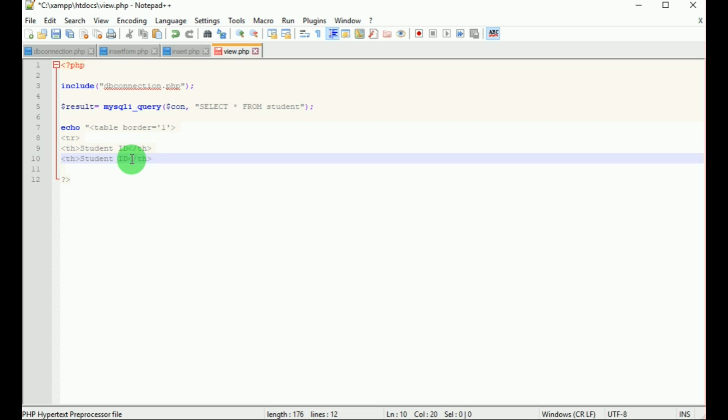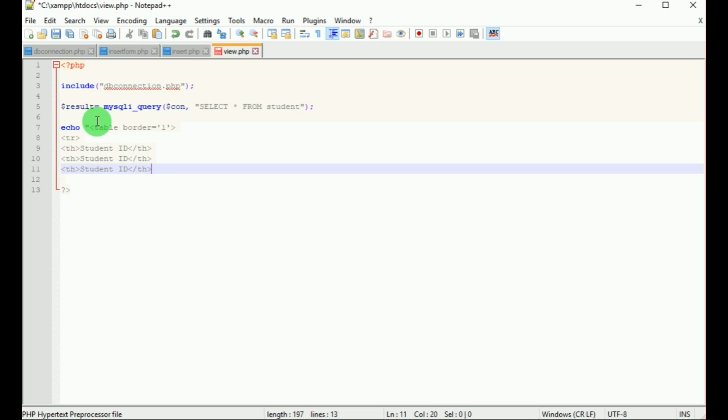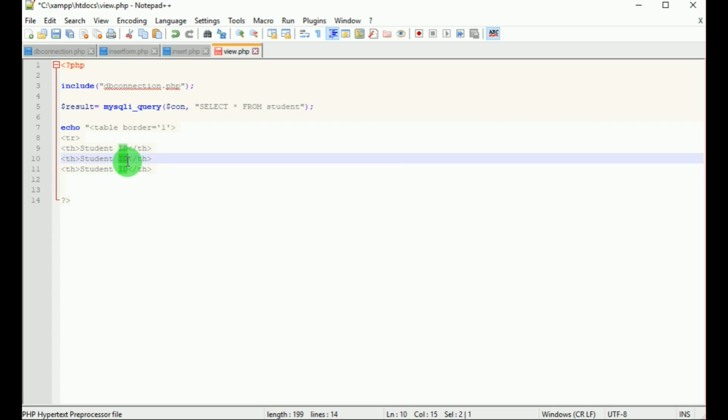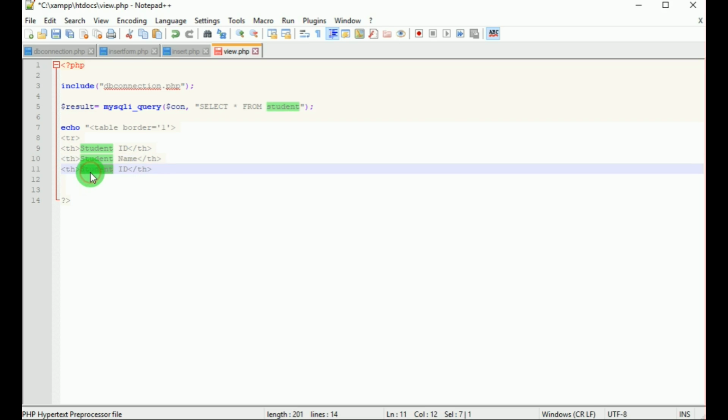MySQLi query function is used. This function is used to send the query or command to a MySQL connection. Here, variable con is the one which stores the connection.